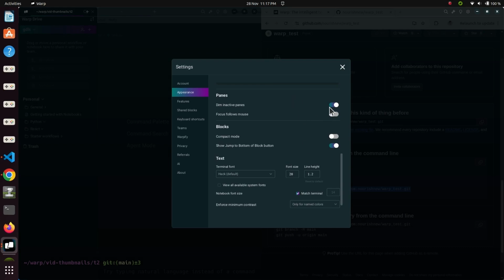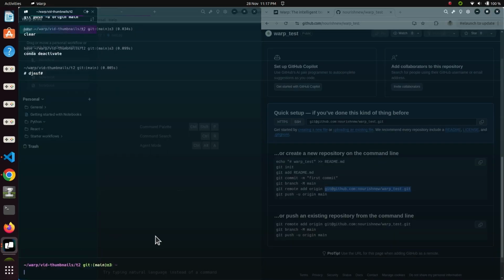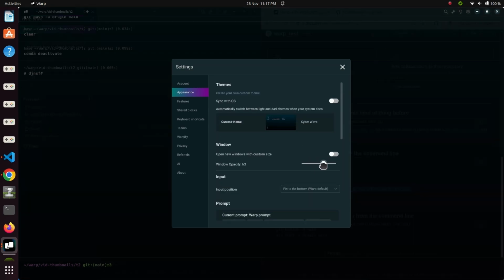There's all sorts of different features. You can dim inactive panes. You can increase the font size. So I found that really useful. For someone with specs, that would be really useful. Window opacity,